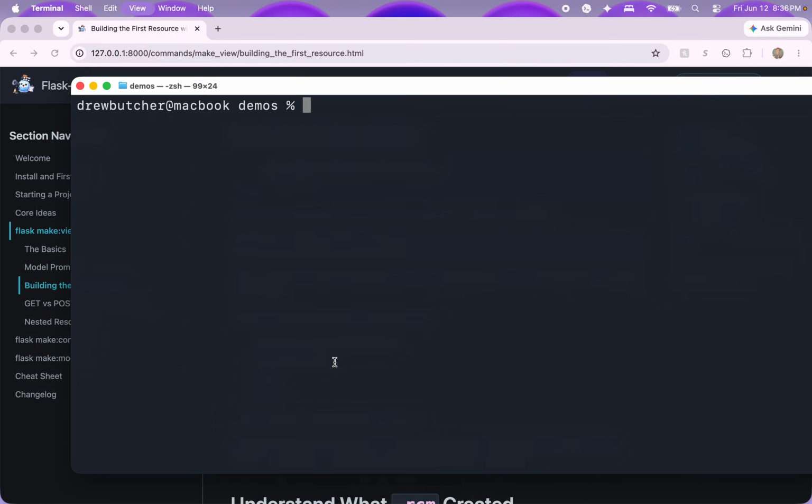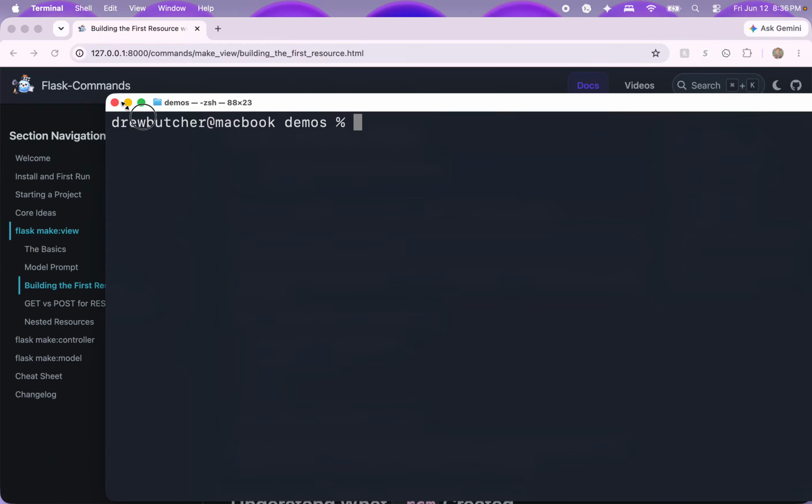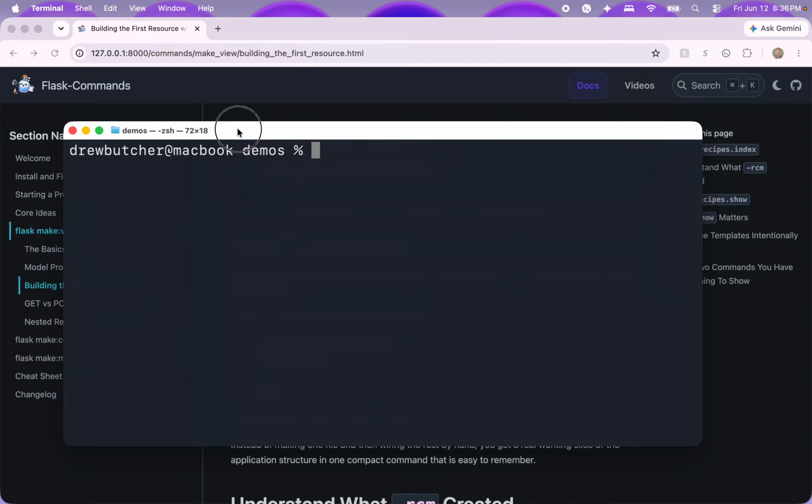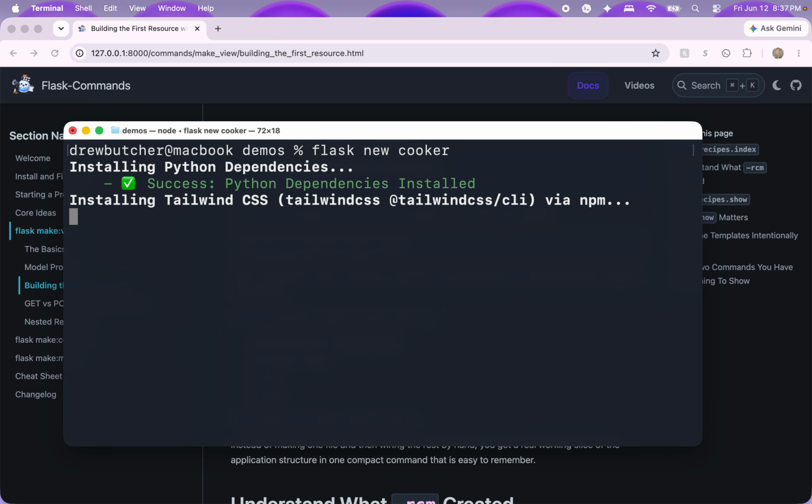So I am in my demos folder, and just so you can see, I do not have a recipes project. I have this generic my project that we've been showing examples on. So we're going to create Cooker. We will use Flask commands for that: flask new, and then the project name, Cooker. That's going to go through, and it doesn't take long, and we'll build out a